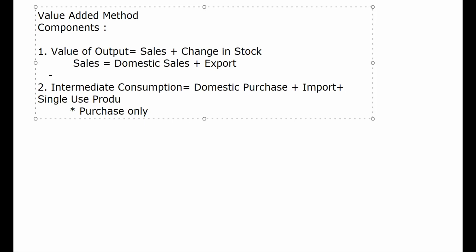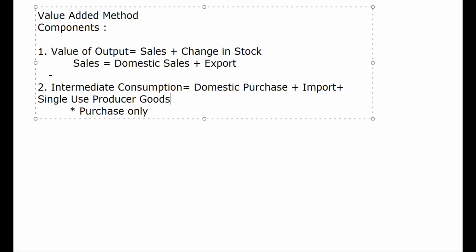What do we mean by single use producer goods? Single use producer goods means the goods or raw material which has been used by the producers once and now cannot be used anymore. Suppose any of the bakers prepares a cake, so egg is the single use producer good for them. If any producer uses milk, milk would be the single use producer good for them. Milk, butter, bread. Got the point?